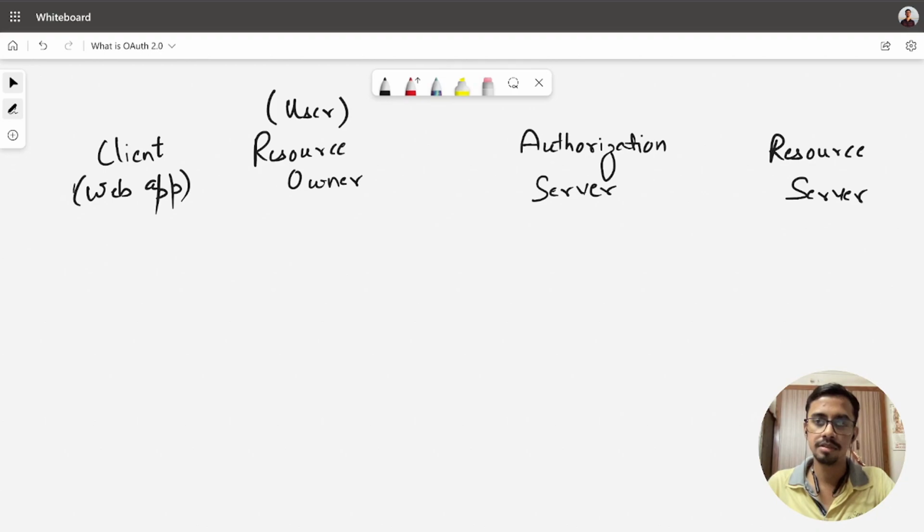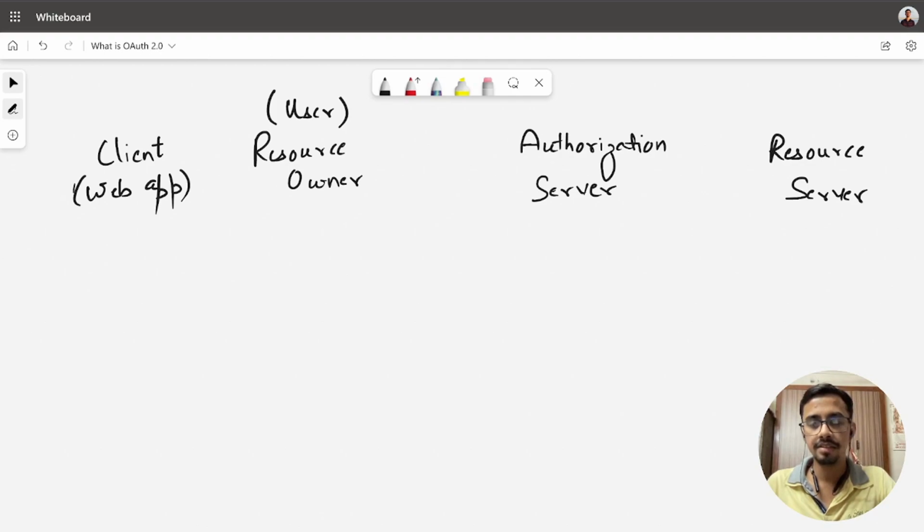Now let's come to the resource server. The resource server is nothing but the server or the microservice that will actually be providing the resource. The resource, that is the user data that the client is seeking, or the data that the client wants access to.